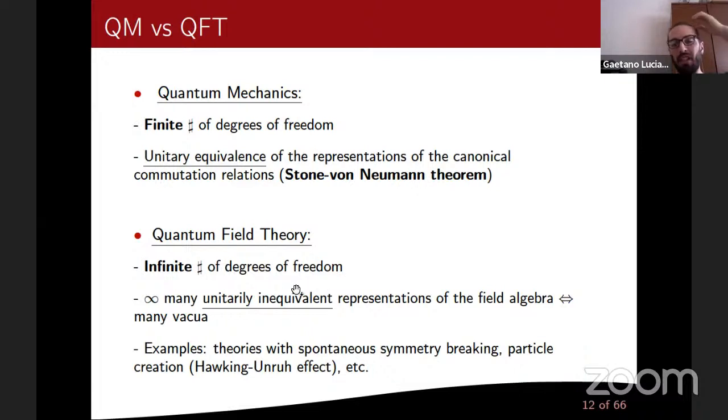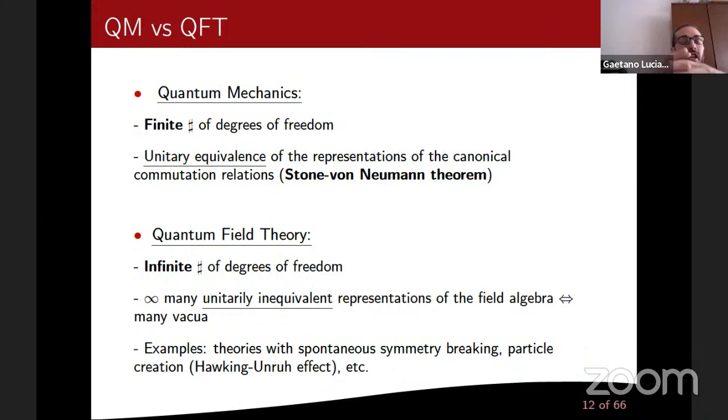And indeed, in quantum field theory, we have many unitarily inequivalent representations of the canonical commutation relation, which means many vacua, which means many different Fock spaces. In the specific case, I'm talking of this inequivalence between flavor and mass, but you can think, for instance, of theories with spontaneous symmetry breaking, where the same set of dynamical equations describe both the unbroken and